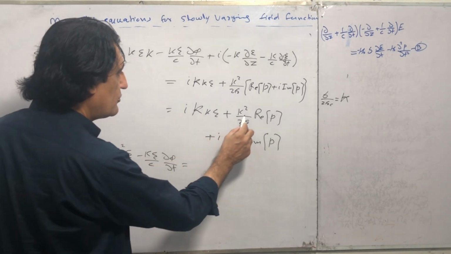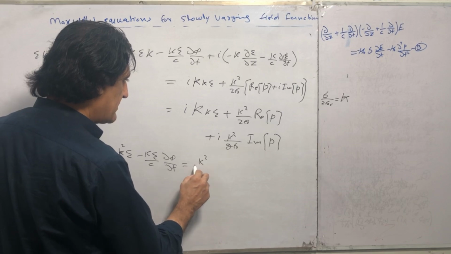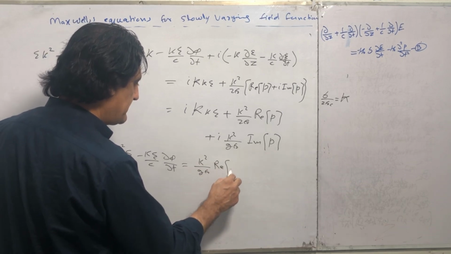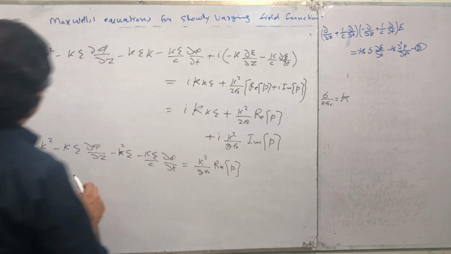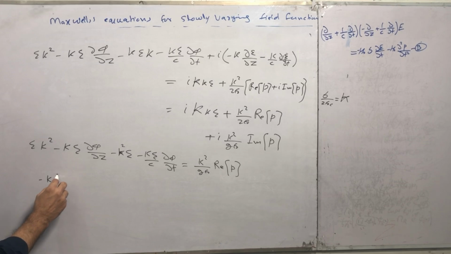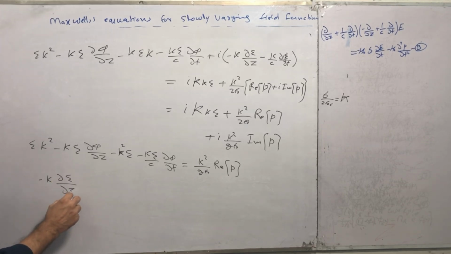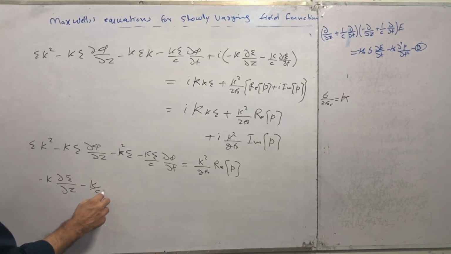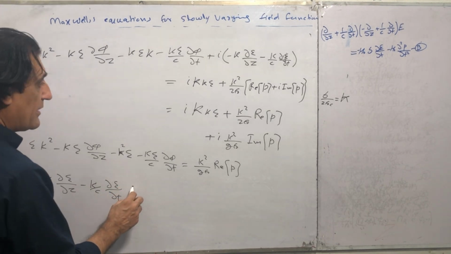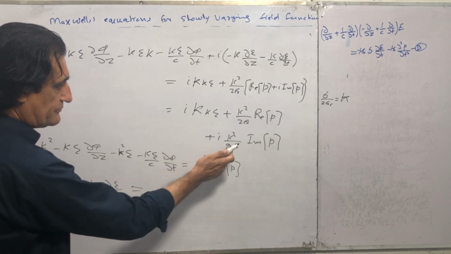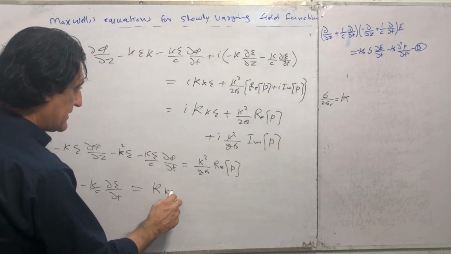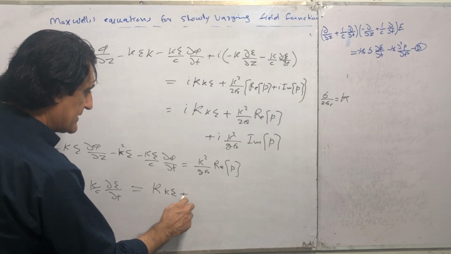This is equal to k square divided by 2 epsilon naught real of p, and the imaginary part minus k partial e divided by partial z minus k divided by c partial E divided by partial t, which is equal to this term kappa k e plus